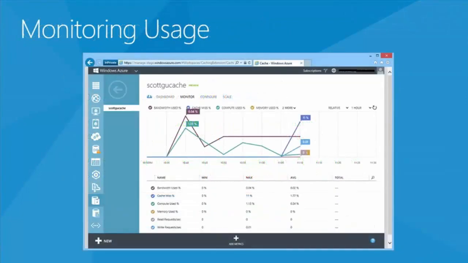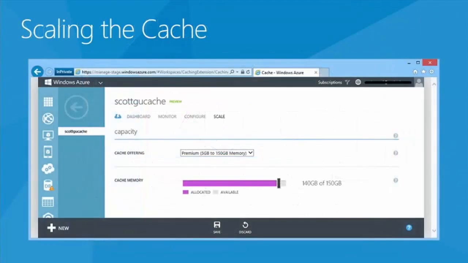You can then monitor it, so you can see how much memory you're using, how many times you're hitting it, how much compute's there, and then you can scale up or scale down the amount of cache if you need more instances or more memory. You can do that all dynamically. And when you scale up and scale down, you don't lose your cache. Well, if you scale down and you have 150 gigs of data and you scale it to 128 megs, you're only going to keep 128 megs of your cache. But if you need to scale up your cache,